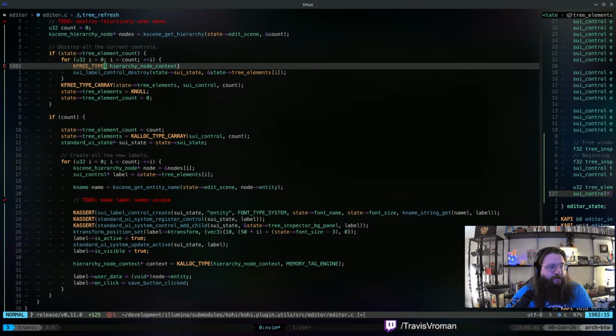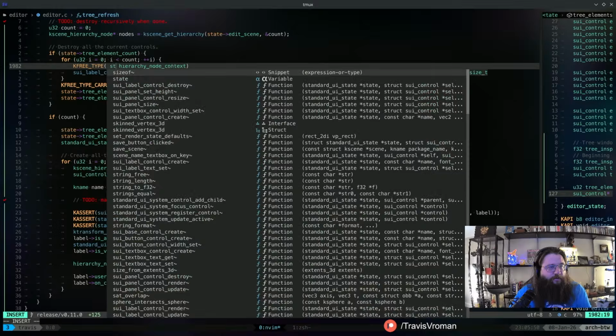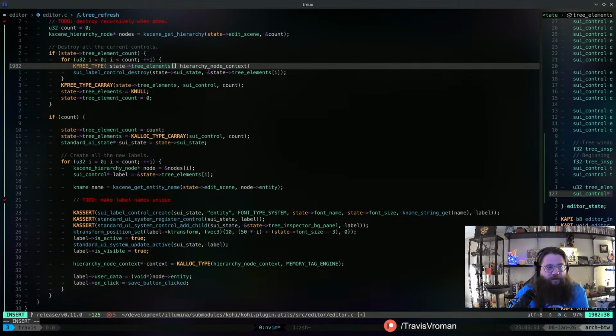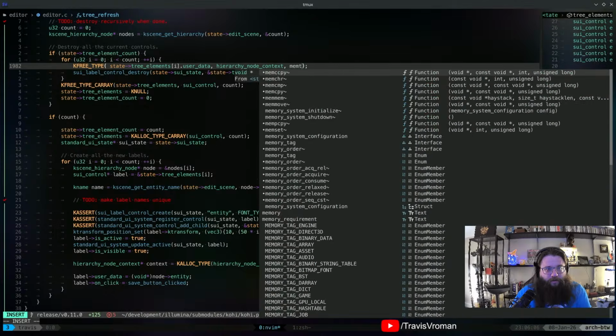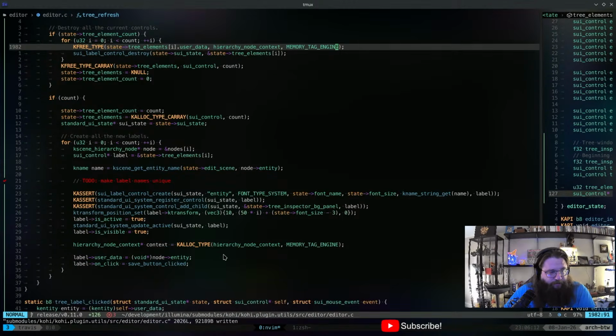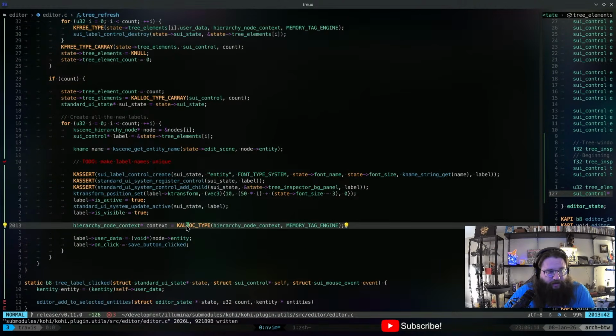All we need is the state tree elements sub-I user data. What am I missing here? Oh, memory tag. Mem tag engine. There we go. Okay. That way we don't leak any of that memory.